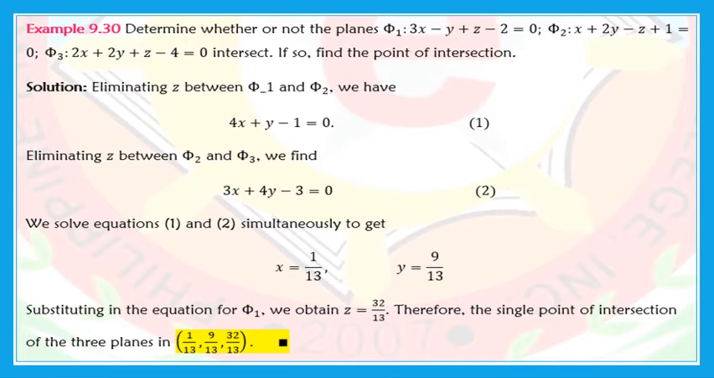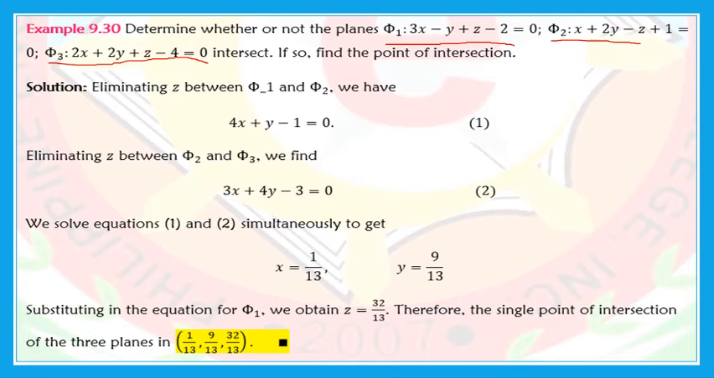Another example is example 9.30 classes. Determine whether or not the planes P sub 1, okay, and P sub 2, P sub 3, intersect. So, tingnan natin if itong dating planes na to is mag-intersect ba sila. If so, find the point of intersection. So,